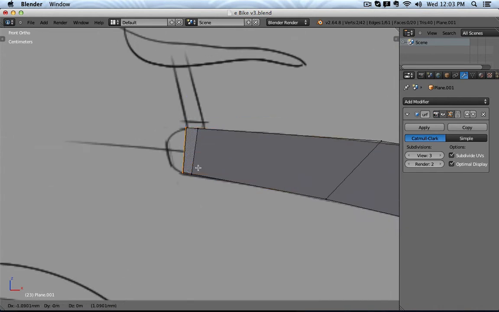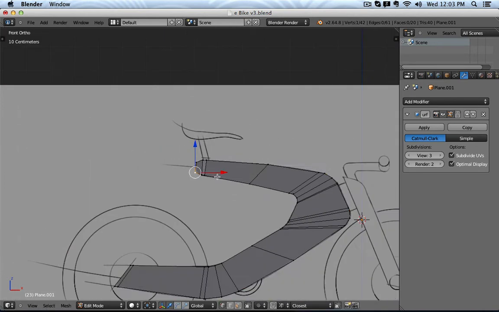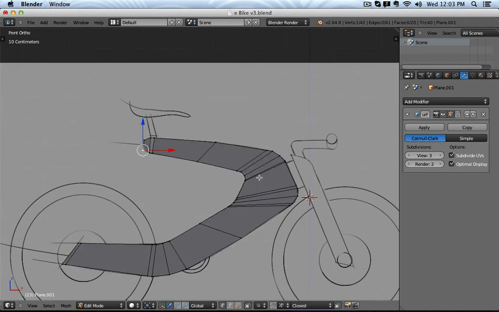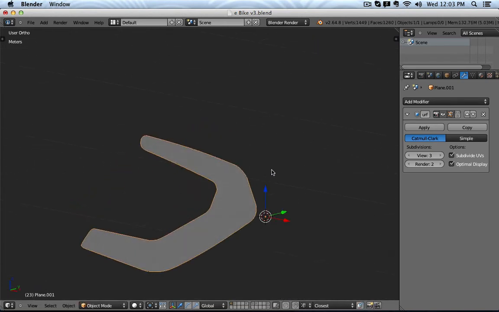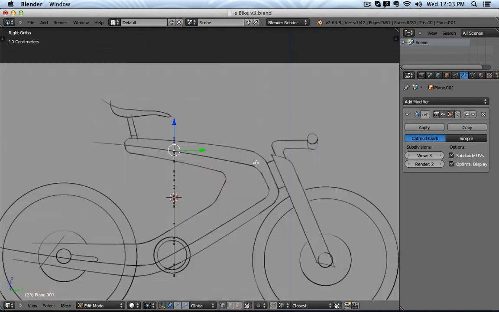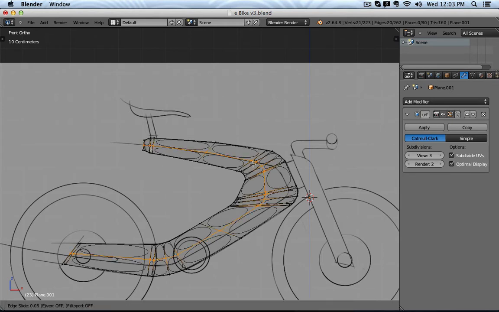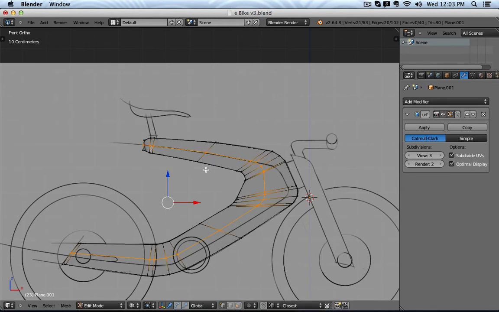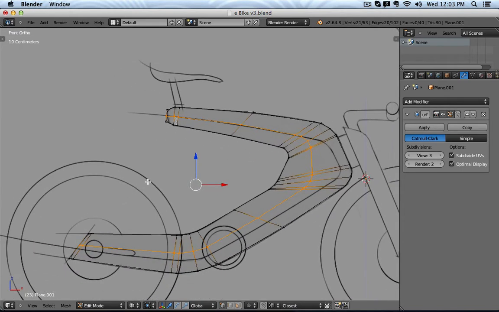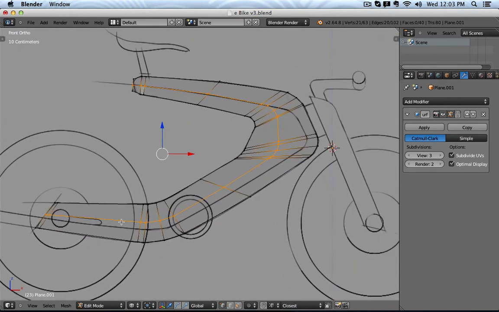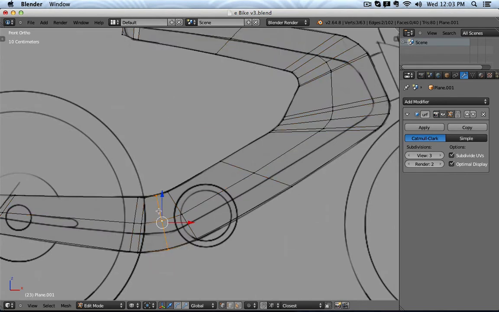And here actually extrude it out and then sculpt this a little bit. Okay, so this currently is just a flat sheet, and I would like to have more like a diamond cross section. So I'm going to add a loop cut, kind of like this, and then I can go ahead and